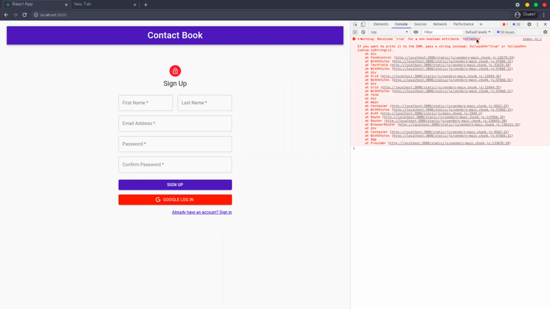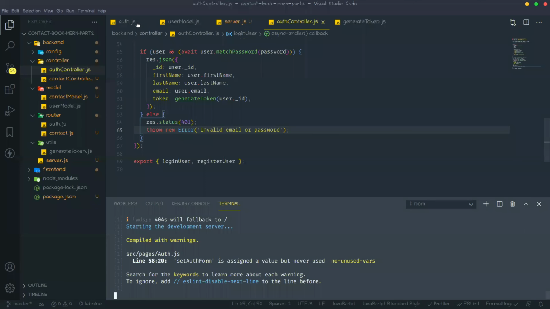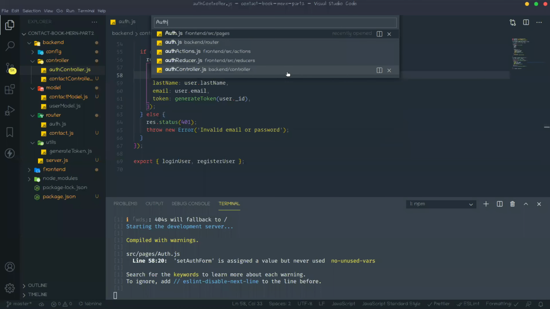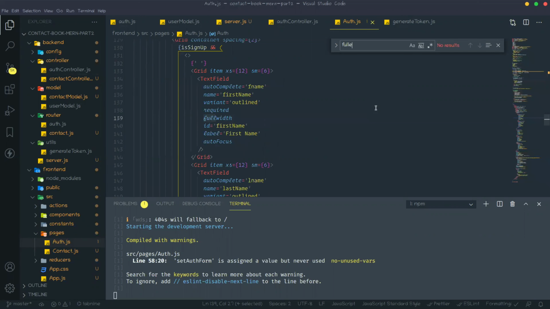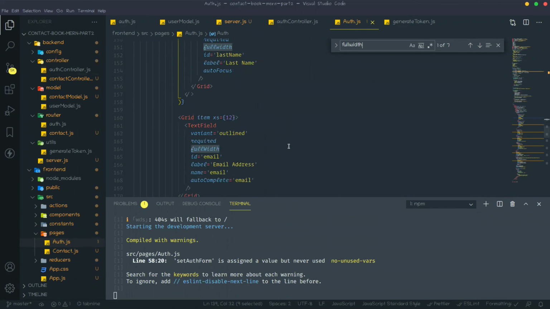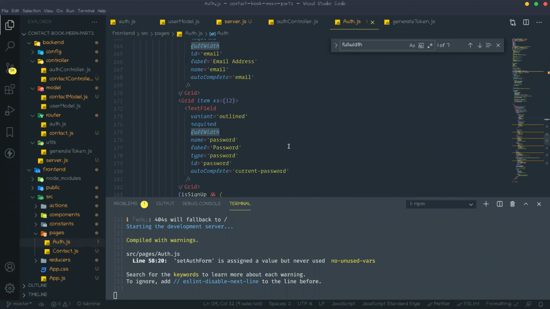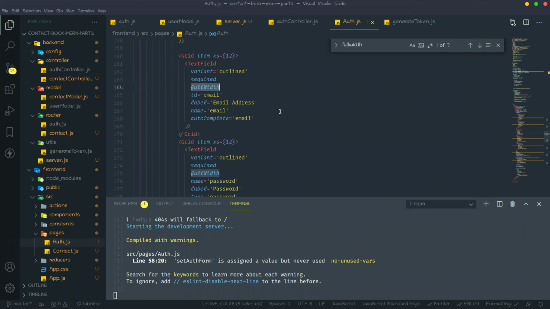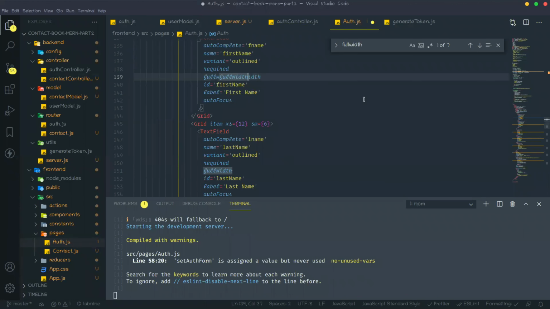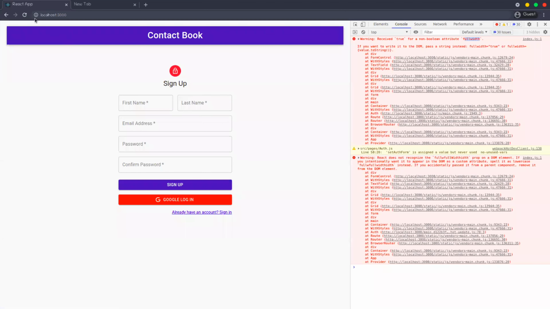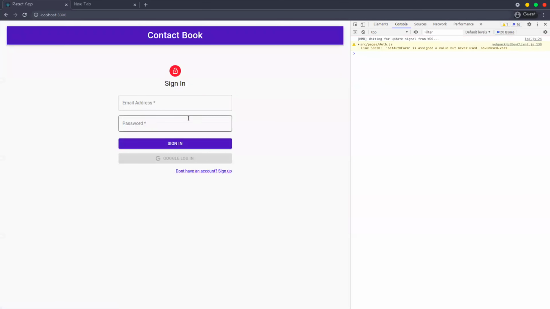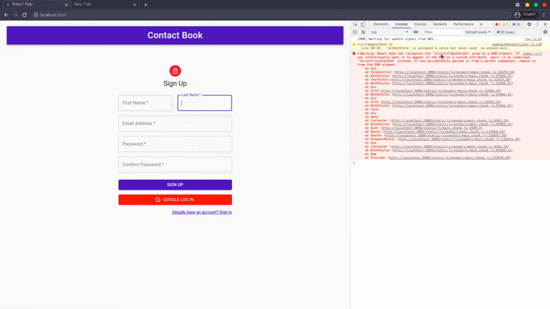Go to auth.js in the pages, where I am giving some wrong values.